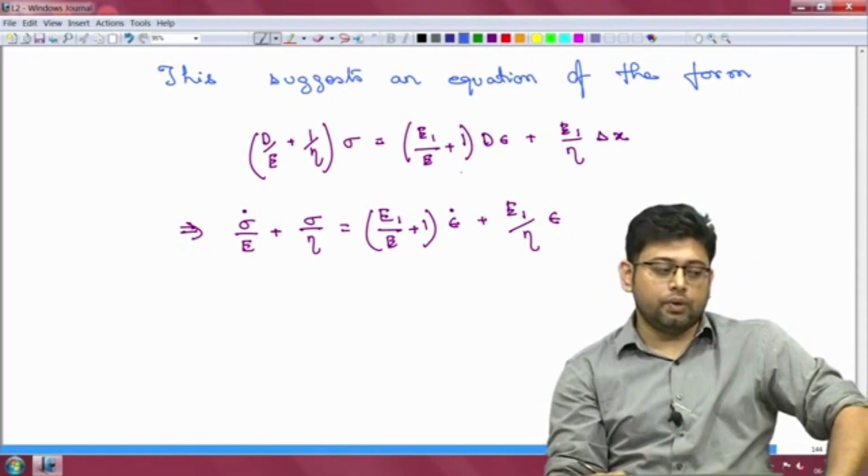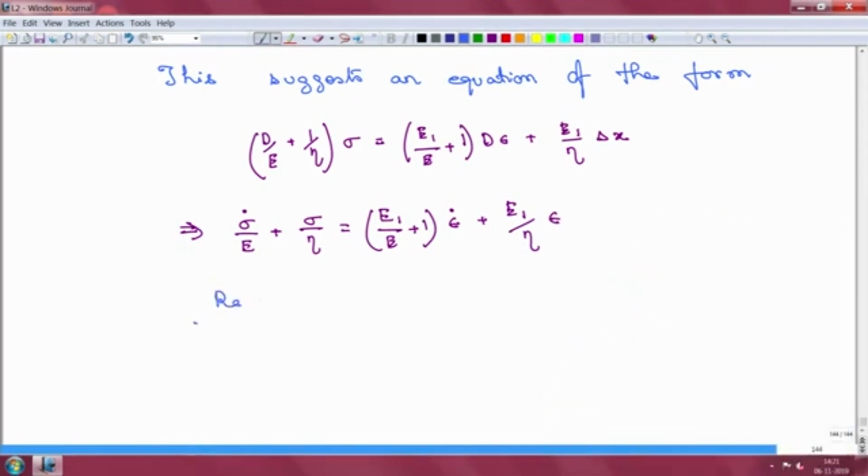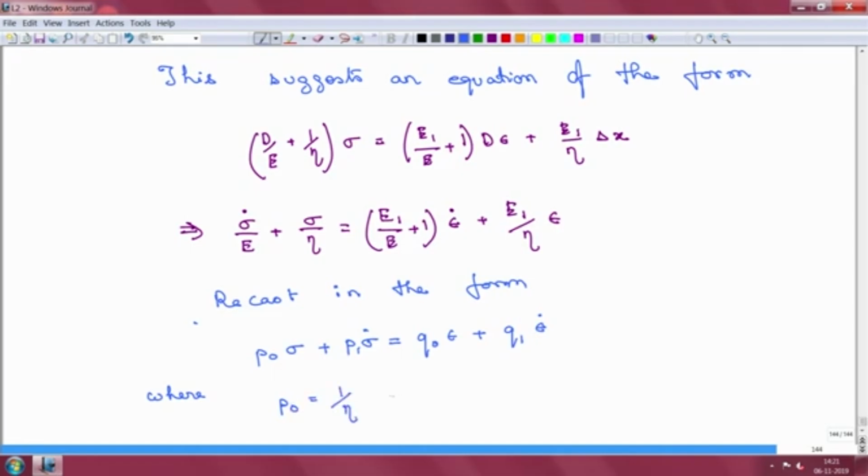I will recast this particular equation in the form P naught of sigma plus P1 of sigma dot equal to Q naught epsilon plus Q1 epsilon dot, where P0 in this case is 1 by eta, P1 is 1 by E, Q0 is E1 by eta, and Q1 is 1 plus E1 by E. So I have not done anything, I have just recast this original equation in this particular form, okay,